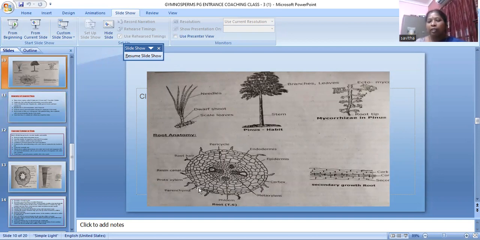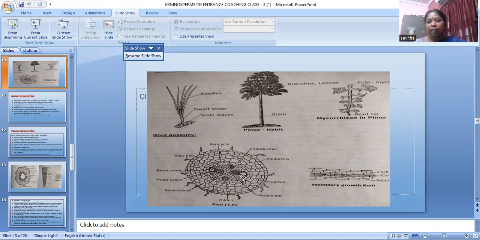And for the internal structure of the root, the outer one is the epidermis, an outer layer with a single-celled thick layer, which has the root hairs. And next is the parenchymatous cortical region, and the inner one is the endodermis. And when you come to the stelar portion, the outer layer is the pericycle, which has here